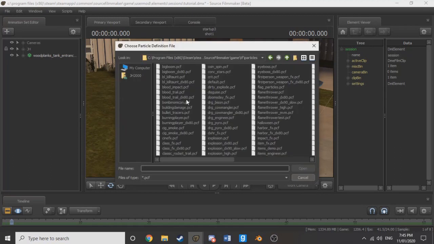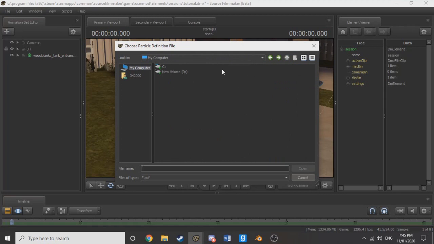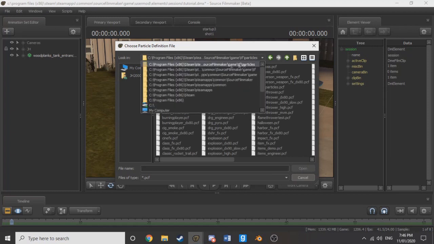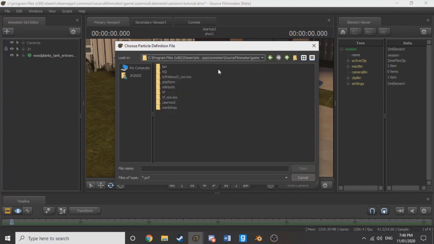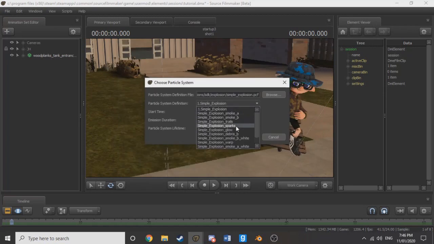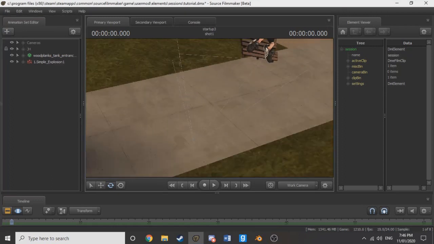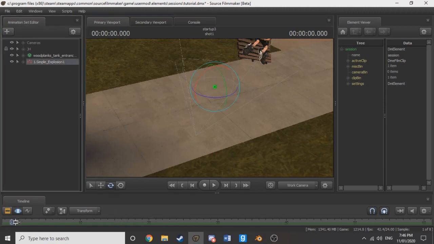Now, you want to be looking for them in the Source Filmmaker files, but oh shit! Back, forward. Let's go to Source Filmmaker game, let's go to workshop, materials. Nope, that's the wrong one. I can't remember which one it was in now, because I do have particles, animations, SDK, explosion, sample explosion PCF. Now this should show me an explosion. So now, okay, you may think, but JH, there's nothing here. Well, once I start dragging this,